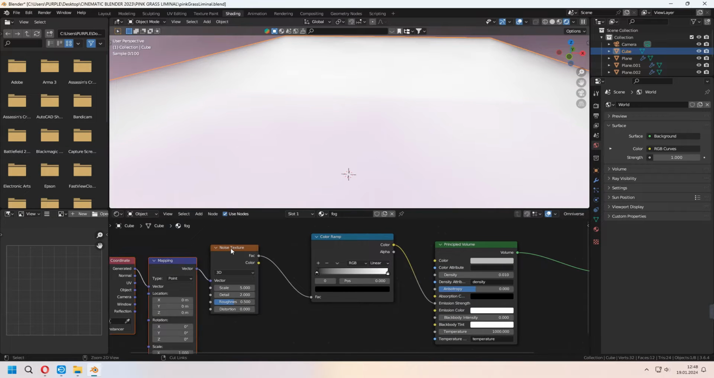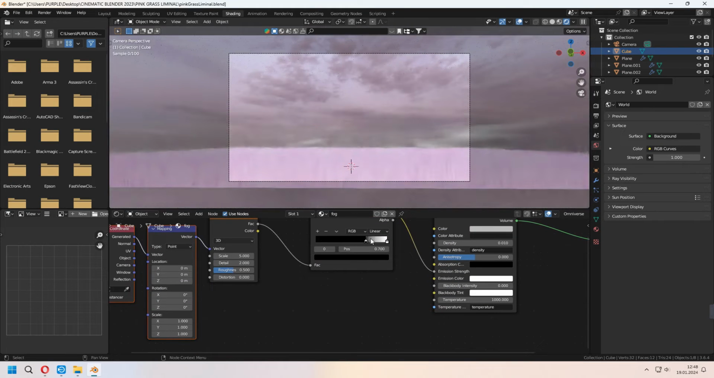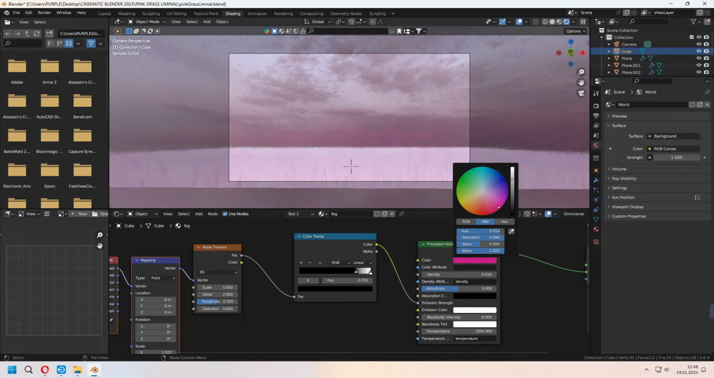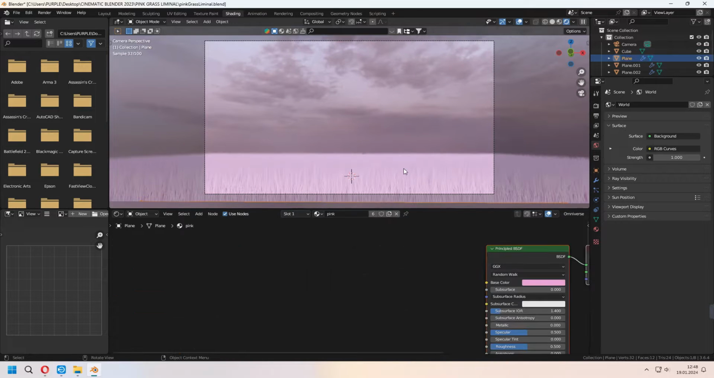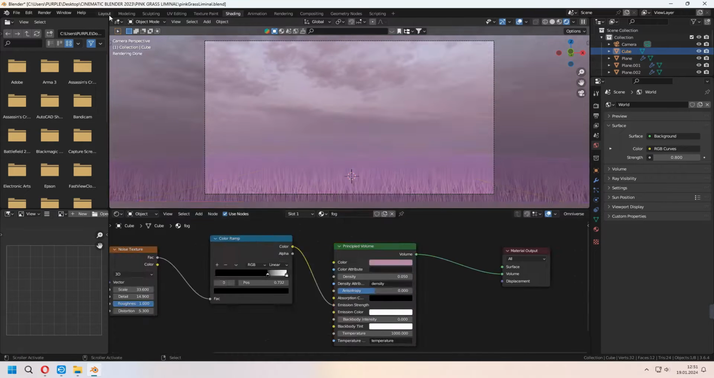With pressing Ctrl T again, you can add your control mapping nodes. With the color ramp node, you can slide your black part, and if you want, you can give some color for your fog. For the grass field, if it's too light for you, you can give it a darker pink